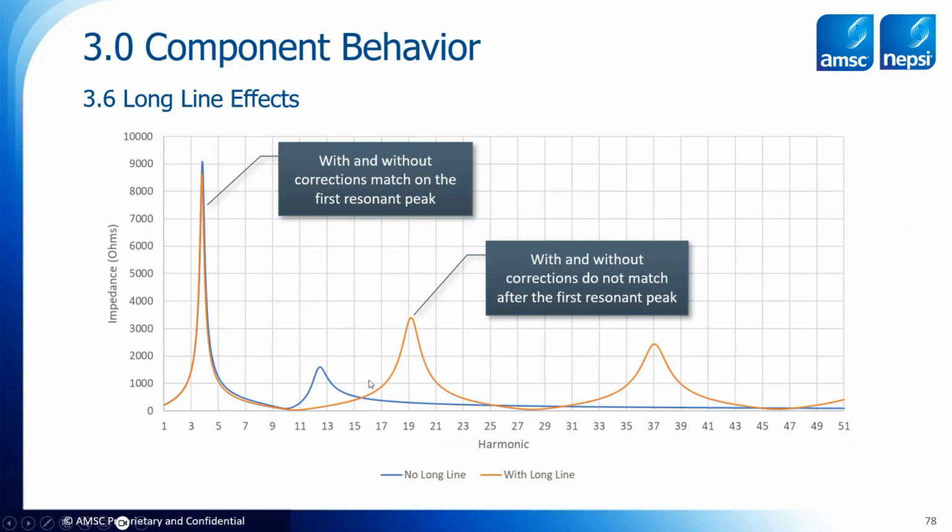If you only simulate the pi model without the hyperbolic corrections, you'll find that the first peak lines up fairly well, the first resonant peak of that overhead line or underground cable, but then past that point, it does not. Now, please don't get from this slide or pull from this